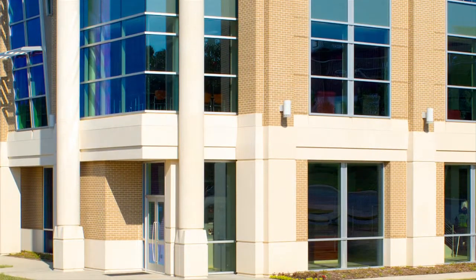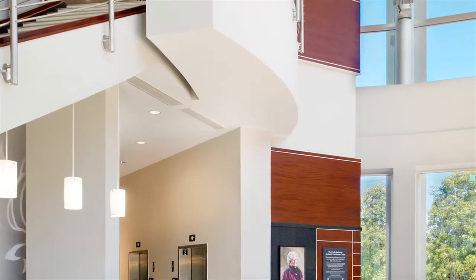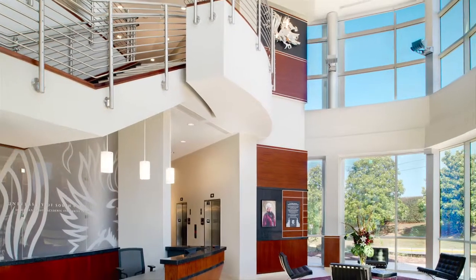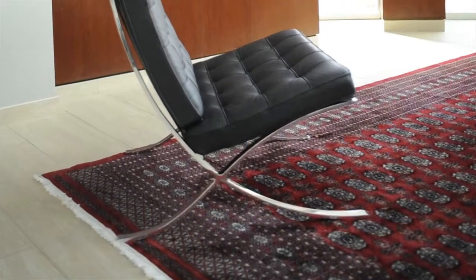The exterior is composed of brick and cast stone, which are hallmarks of USC architecture. However, extensive glass was also used in a more gymnastic form to accentuate the entrance to the athletics village. Throughout the building, walls and ceilings curve dynamically and extend past square elements that are static by comparison. The eye is constantly led from one space to another. The lobby details were controlled right down to the selection of the chairs and how their curving legs would relate